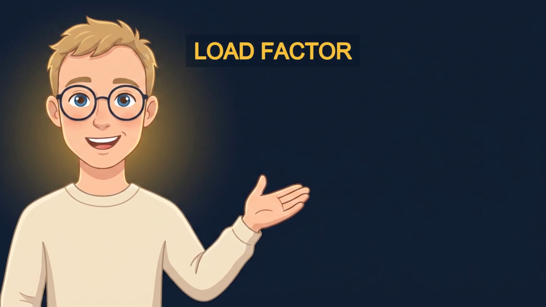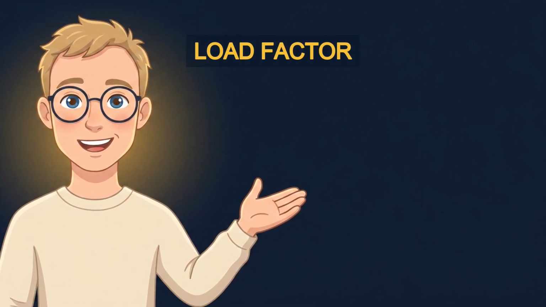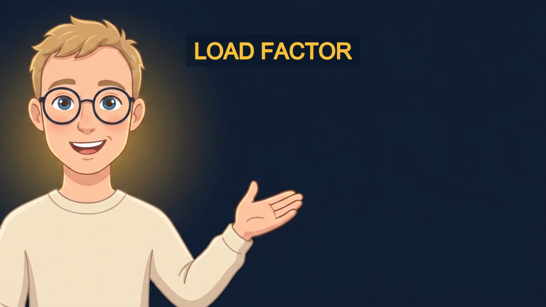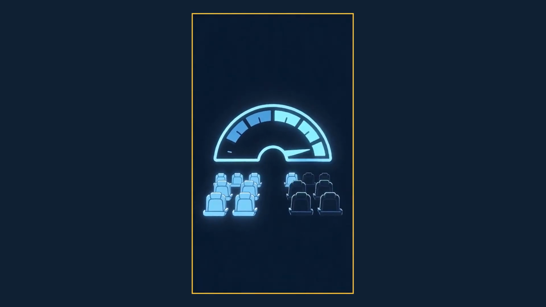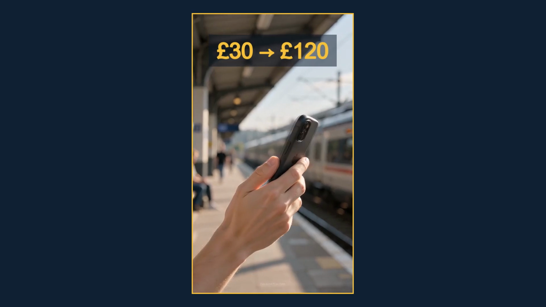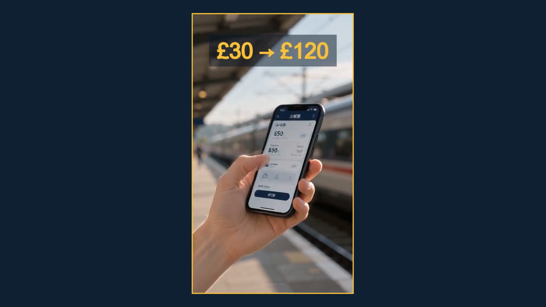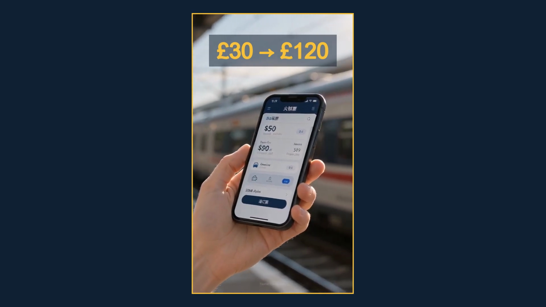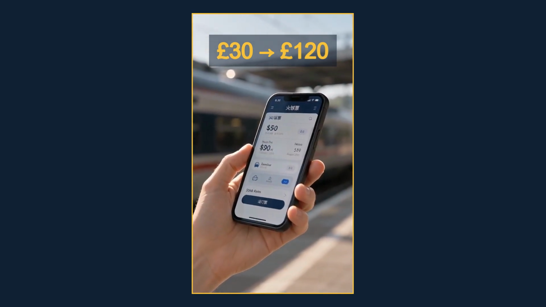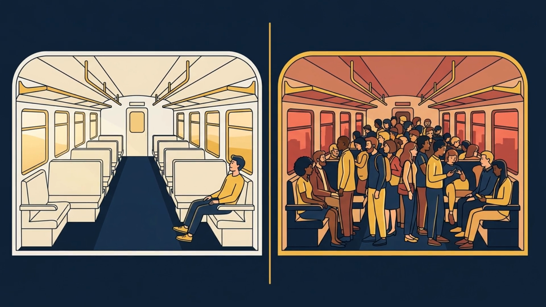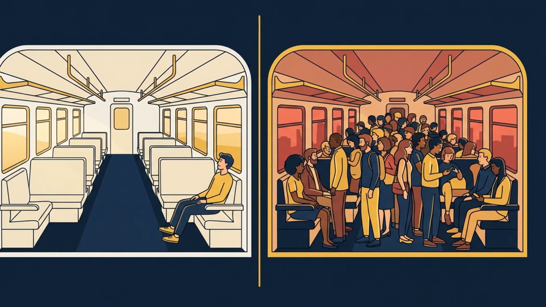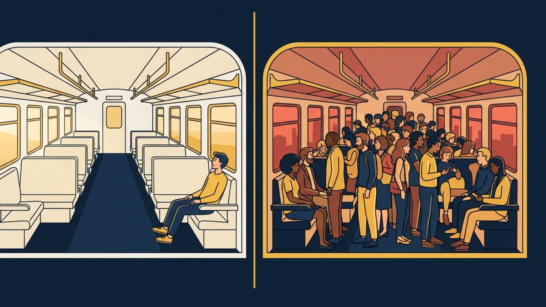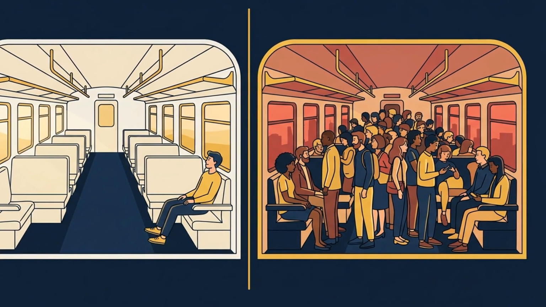Every revenue manager in the rail industry watches one figure above most others: load factor. It's simple, the percentage of available seats that are occupied. A train with 500 seats and 400 passengers is running at 80% load factor. Last time on this channel, I walked through why the same train journey can cost £30 or $120, depending on when you buy. Load factor is the engine behind that. It's the number that determines whether prices rise or fall, whether cheap tickets stay on sale or quietly disappear. Every optimizer, every pricing algorithm is fundamentally trying to push that percentage up, and this is what happens when that